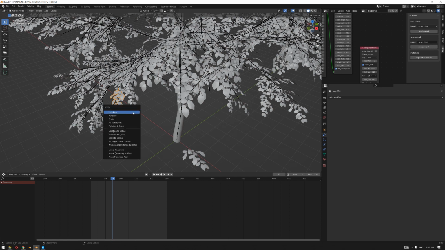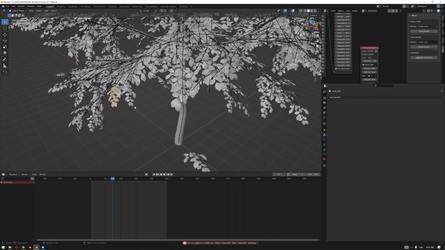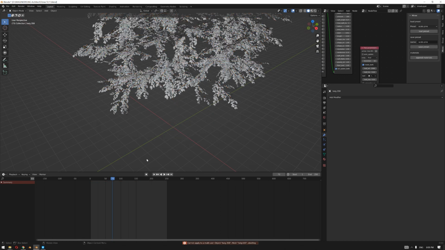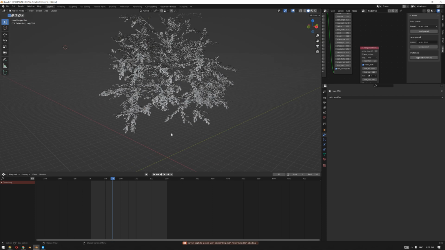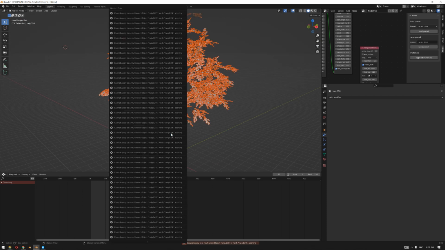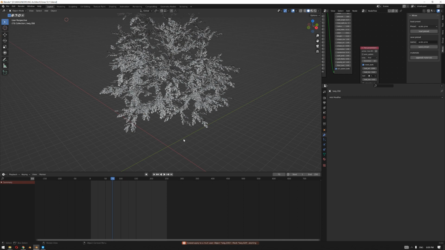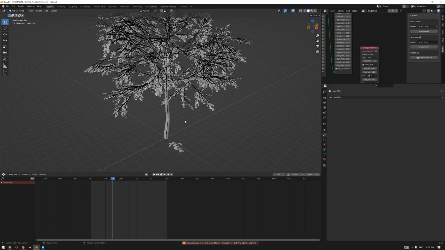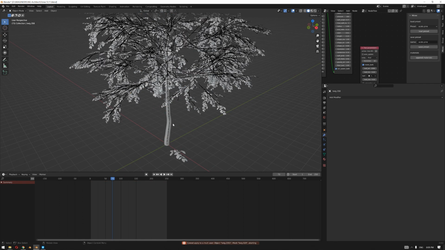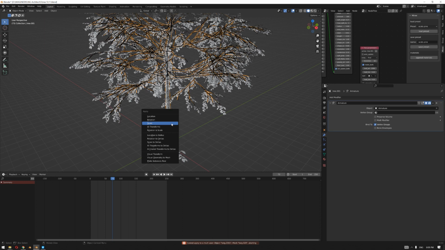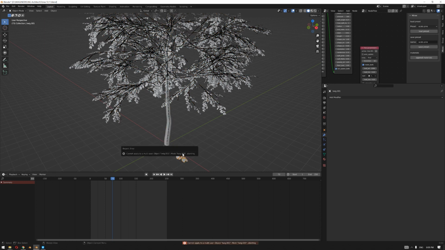If you try to apply the scale onto this branch, for example, you'll see that Blender is telling you it cannot apply a scale to that object. And all of them, actually, if you hide the other objects and select them all, Control A, apply scale, you'll get this message. This is because they are still instances of this leaf. And if we apply the scale to the trunk itself, you can see that it's working fine, except for these branches.